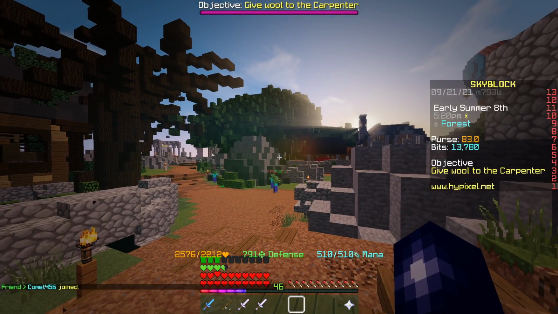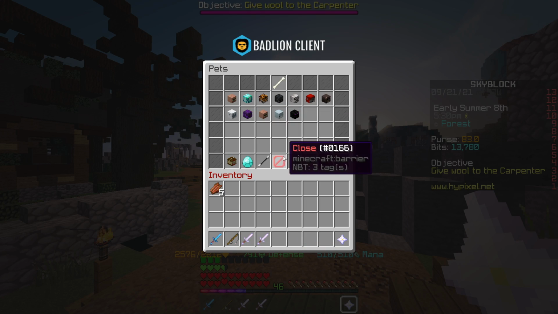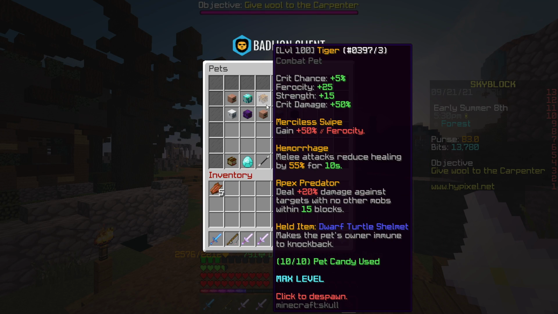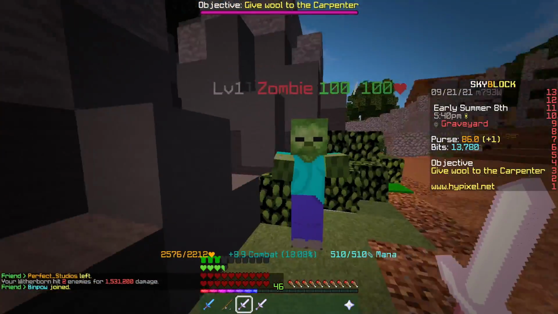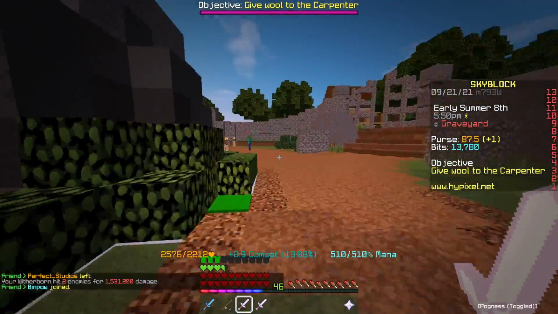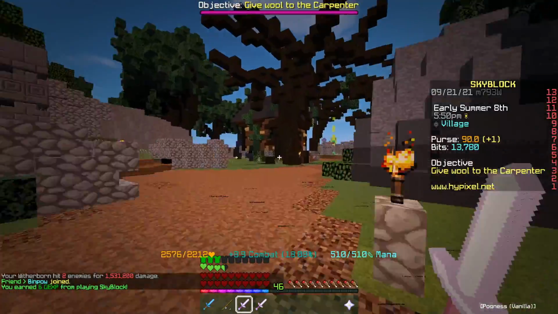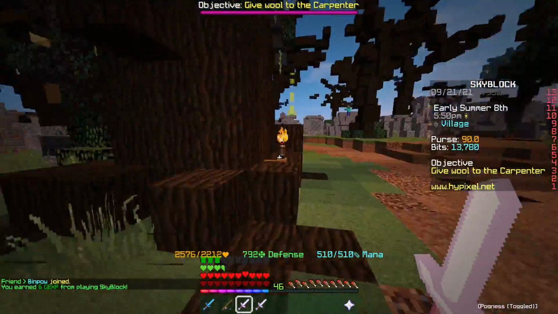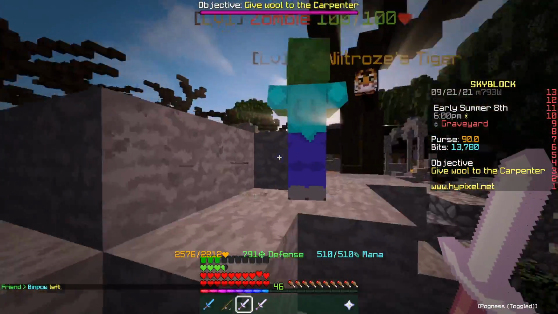So now we're going to do a damage test with our full Necron armor and also our tiger pet, which is level 100, just to basically see what sort of damage we'll be doing with this setup. So the livid dagger does, is that 100? Couldn't even see that, to be honest. It was like 180k, 177k. Obviously if we get a back hit it'll do even double the damage. So if we test out the back hit on this zombie, if it doesn't turn around,